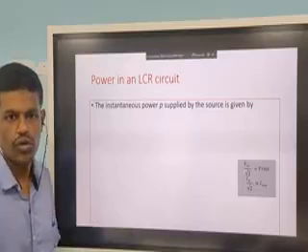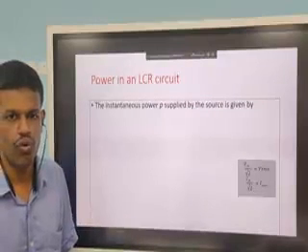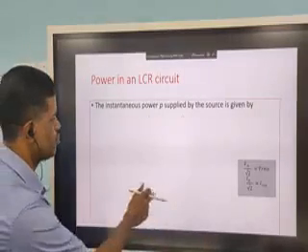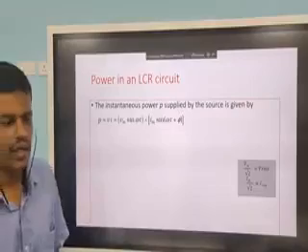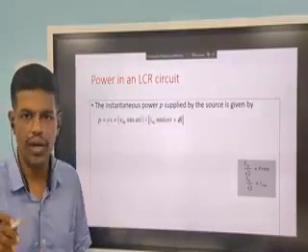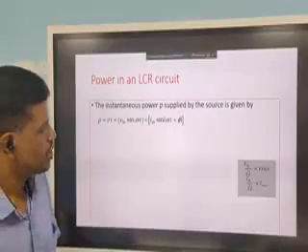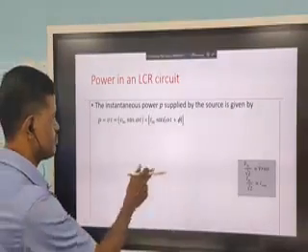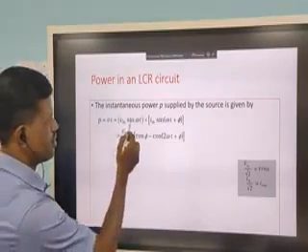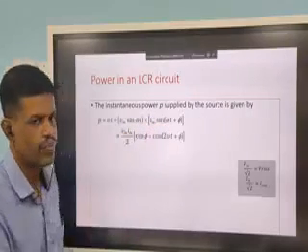From Ohm's law and Joule's law, we have power P is equal to voltage into current. So let us apply the same equation here also. P is equal to VI is equal to Vm sin omega t into Im sin(omega t plus phi), because it is an LCR circuit. Current is not in phase with voltage. So here we have sin omega t into sin(omega t plus phi).